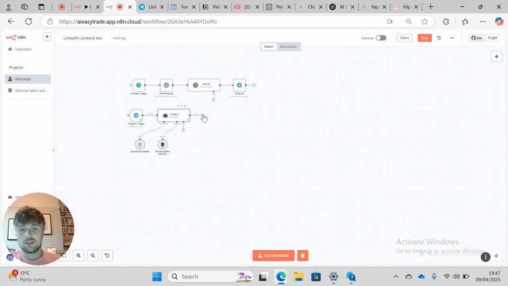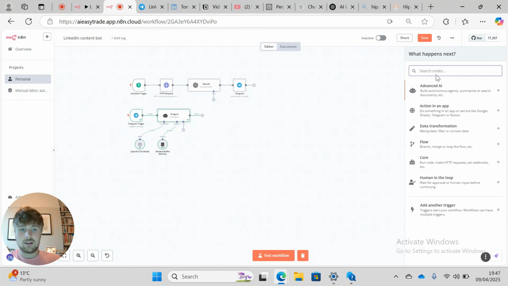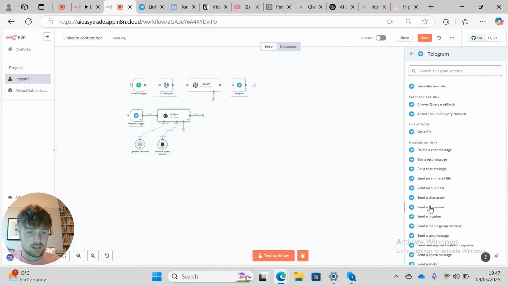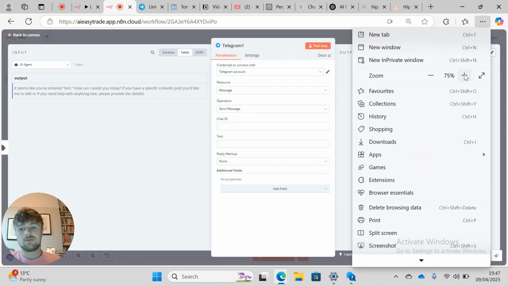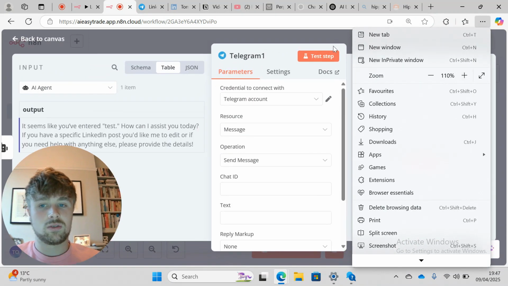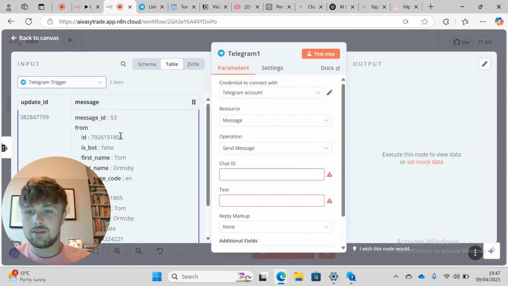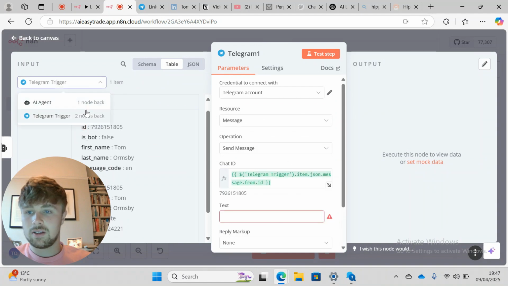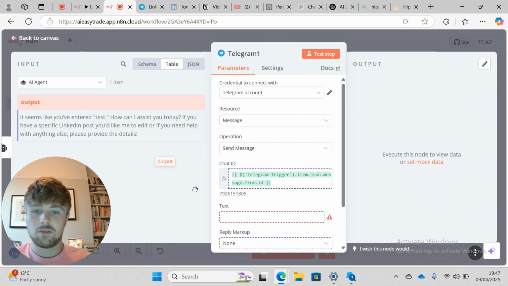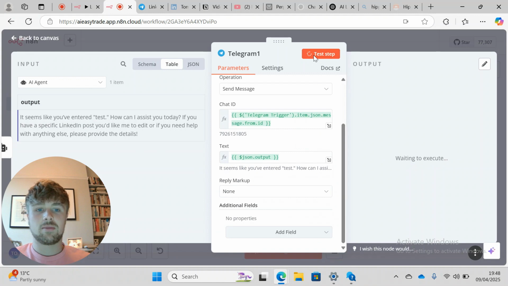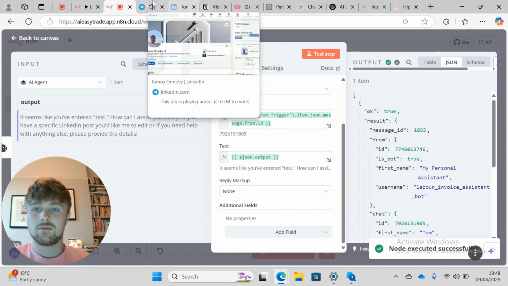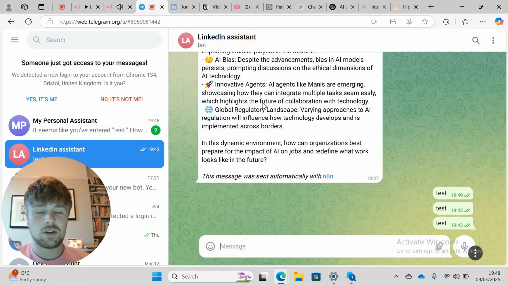And the final thing we need to do is connect it back to Telegram. So we're going to get it to send a message. I'm going to zoom back in now as well, just to make it a bit more visible. So chat ID we can get from our Telegram trigger, and the text we're going to be using is from the output from our AI agent. Now we can test the step, and that should have added some data into our LinkedIn. So I keep calling it our LinkedIn. Telegram, which is our LinkedIn assistant,